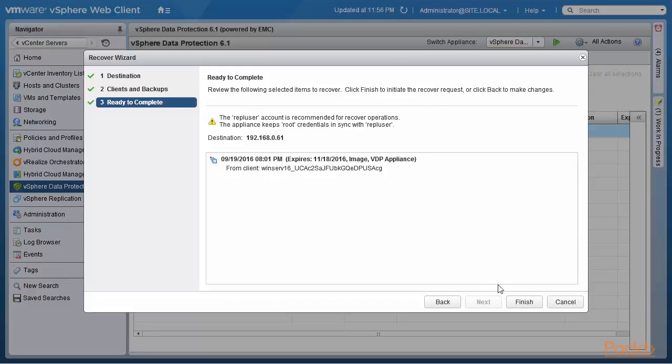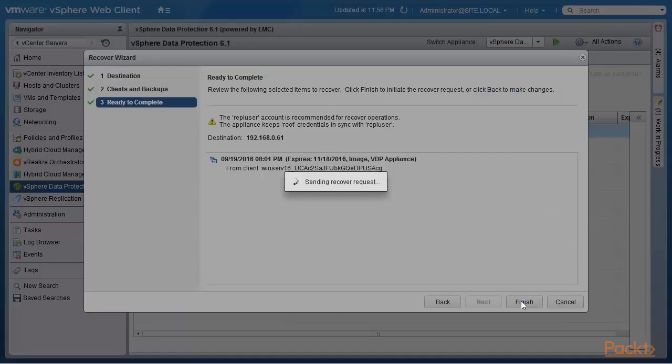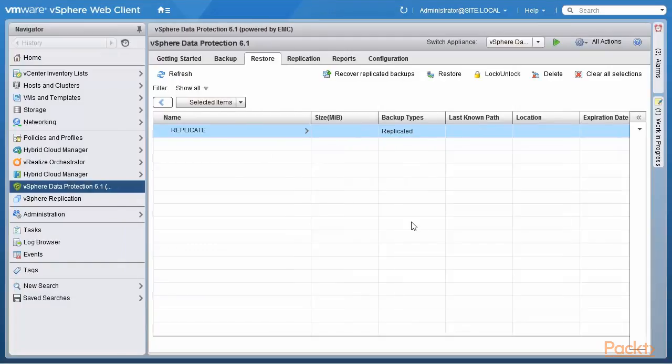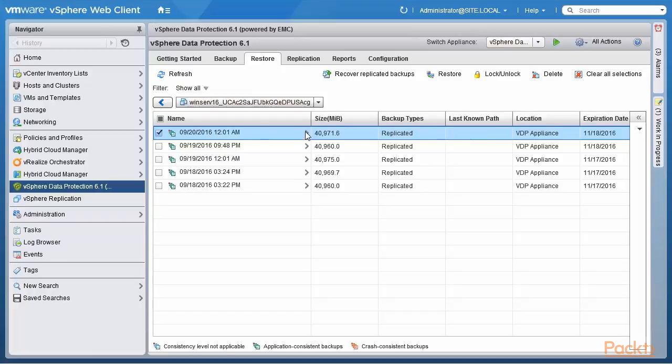So basically, it's going to recover that, and we are going to click on Finish, and it is sending the recover request. So we're in the vSphere web client, and we're looking at the VDP at our branch site. When we look at the Restore tab, you see this folder called Replicate, and its backup types are replicated. When I expand this, they are from VDP60, which is our headquarters site, and the Windows Server 2016, and these